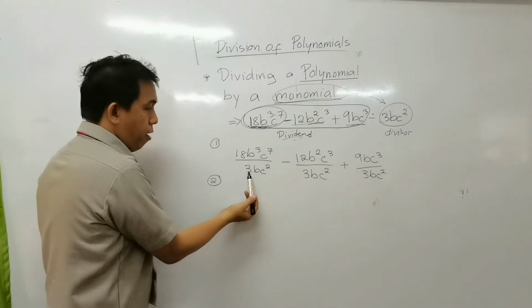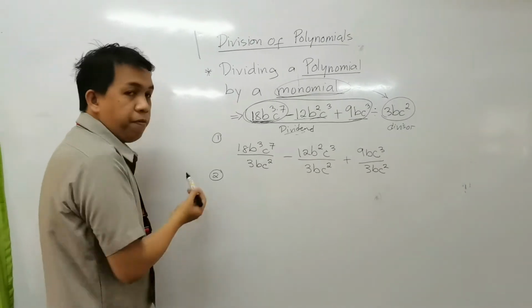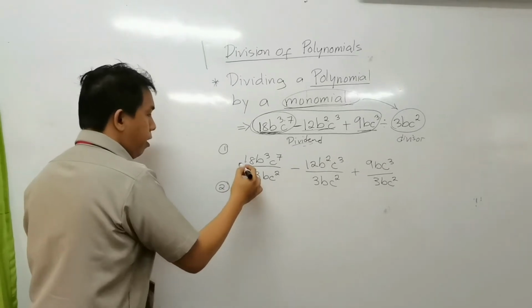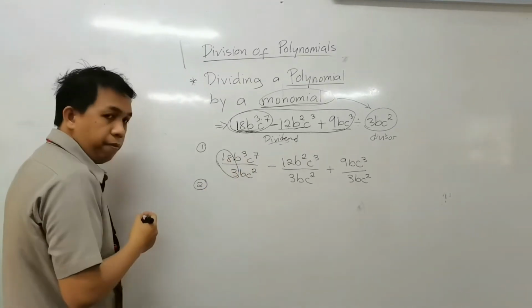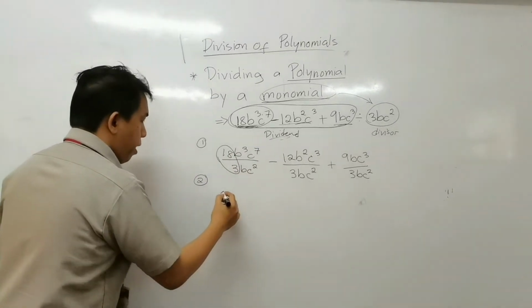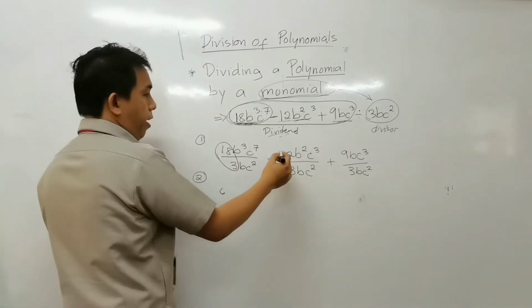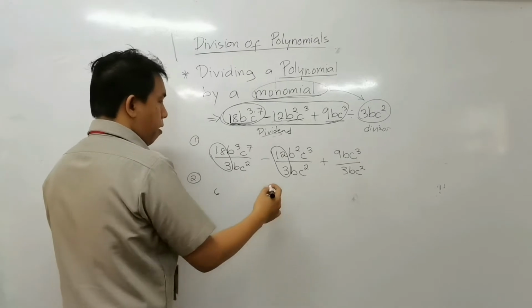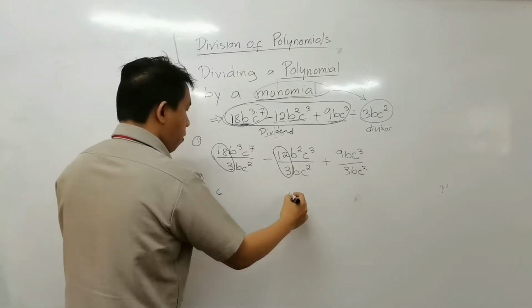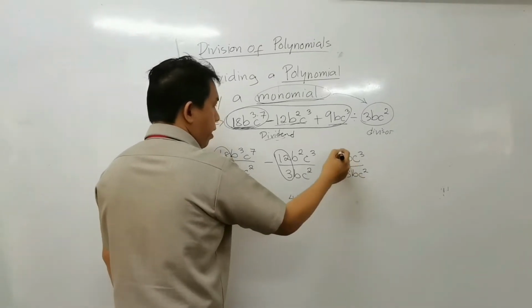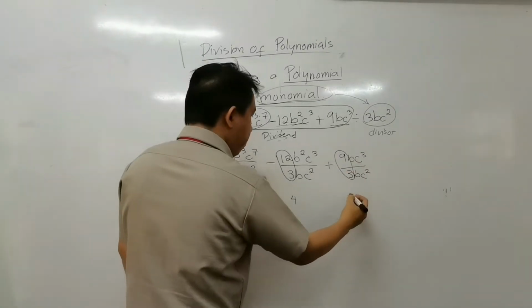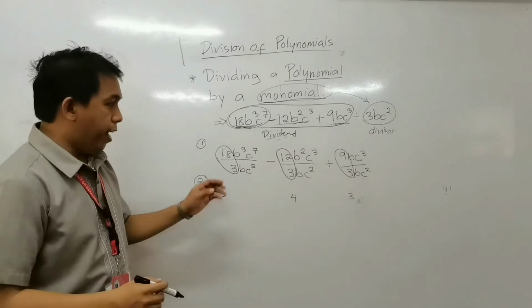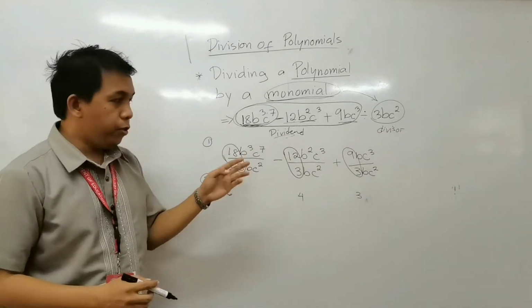3 is a factor of 18. So we know that. So 18 divided by 3, we have 6. Next, 12 divided by 3, we have 4. 9 divided by 3, we have 3. Okay, so again, first thing to do is to